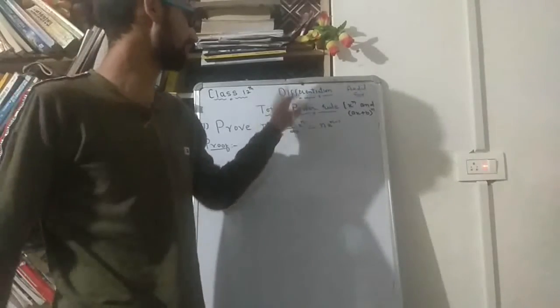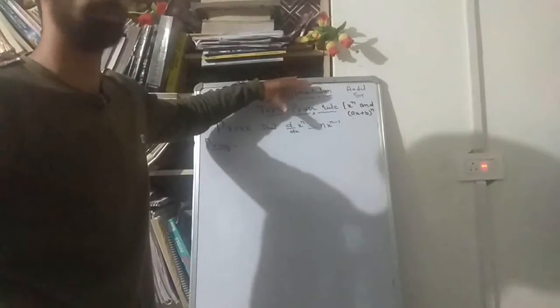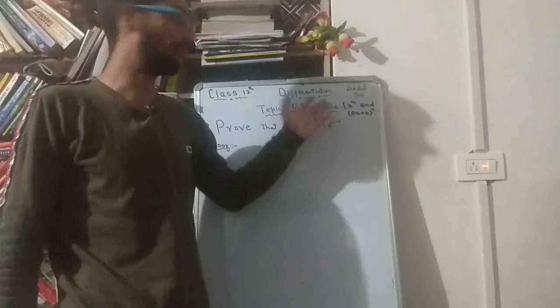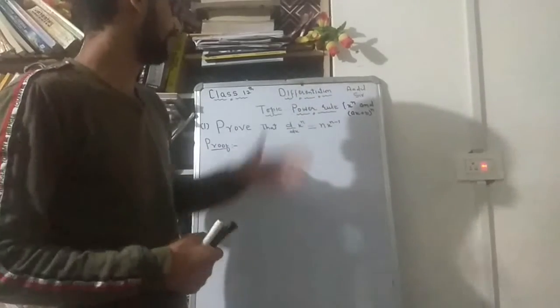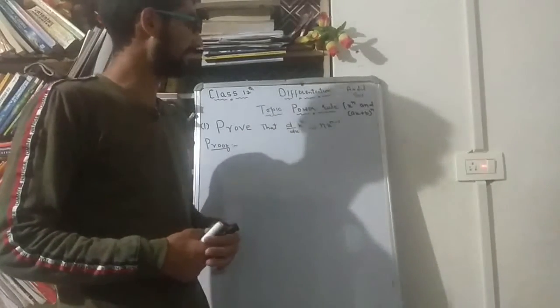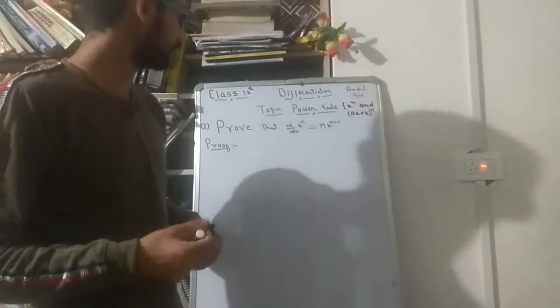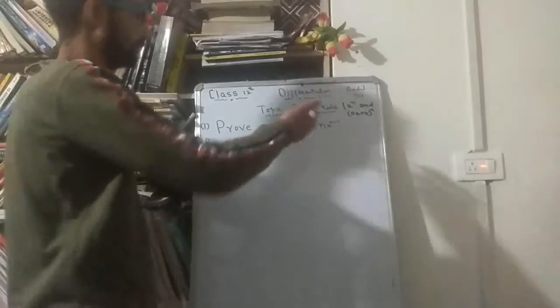We have already discussed differentiation on graph, as well as its definition. Now we have a topic from this differentiation, and that is the power rule of differentiation. By the help of this power rule, we are able to find the derivative of an infinite number of functions. The first result from this power rule is this: